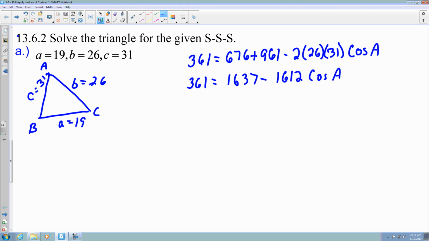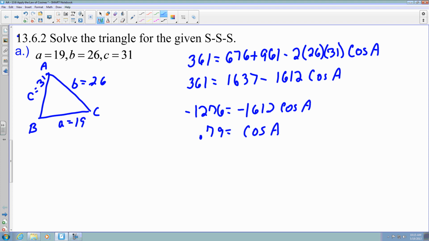So 361 minus 1637 gives me a negative 1276, which equals negative 1612 cosine of A. So I get to divide both sides by the negative 1612, and that is roughly a positive 0.79 equals the